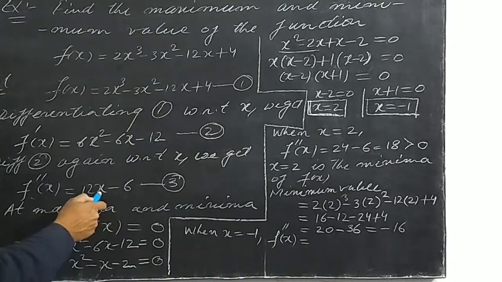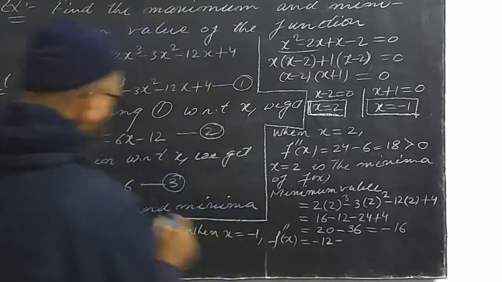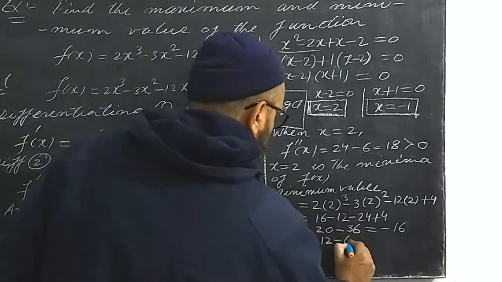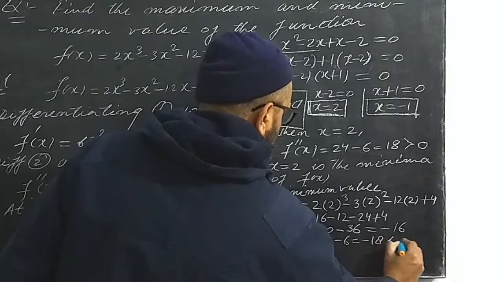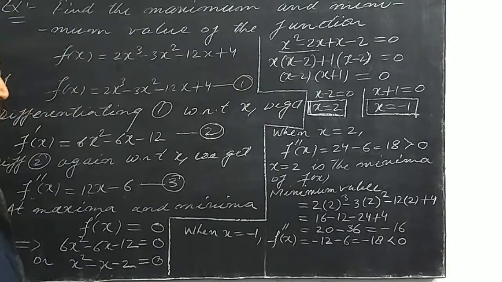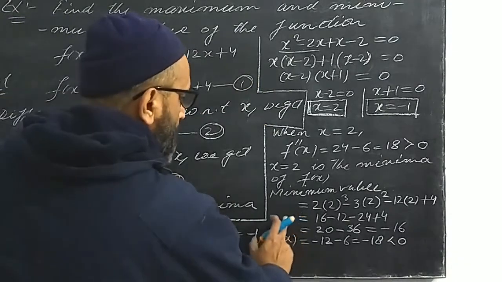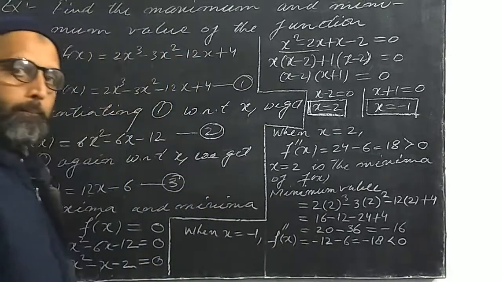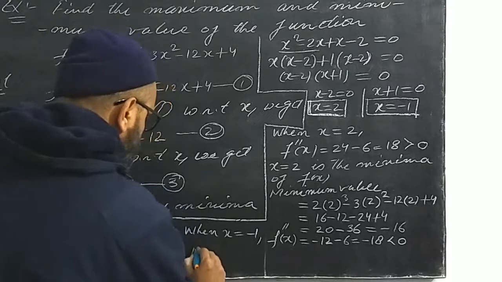So putting x is equal to minus 1 here, we get 12 into minus 1, minus 12, and minus 6. Minus 12 minus 6 is equal to minus 18, which is obviously a negative number. So f double dash x is negative. So according to the second order derivative test, x is equal to minus 1 is the maxima of the function, and the maximum value of the function